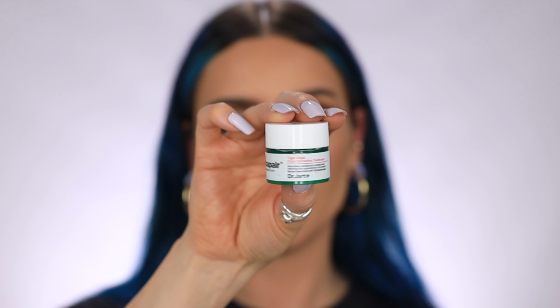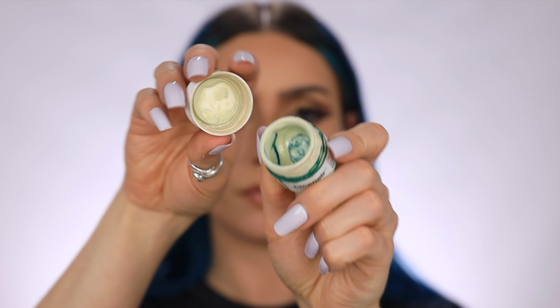Okay, so this next product I got in, I think, an Allure beauty box a while ago, but this is the Dr. Jart Tiger Grass Color Correcting Treatment. As you guys can see, this is well loved. It's actually lasted me a really long time for a sample item because you only need a little tiny bit of it. If you have any kind of redness, this is the product for you, especially if you don't want to wear any makeup, like if you're just running to the grocery store and you don't want to put on a full face of foundation, or if you're at the beach and you don't want to wear foundation to go to the beach. This is just like a great, almost like correcting